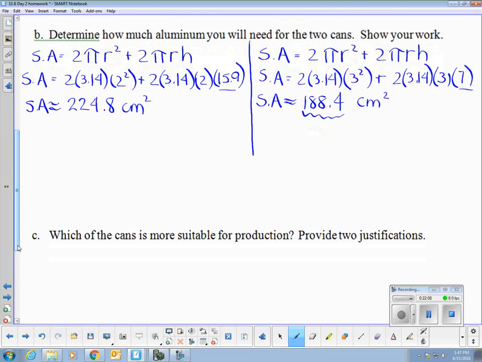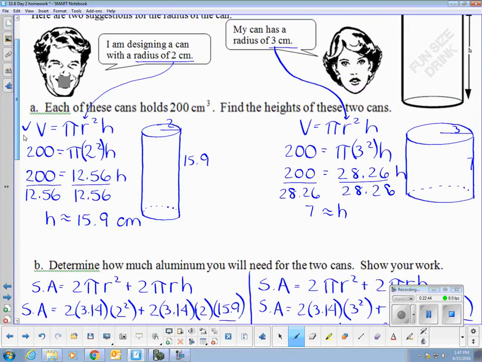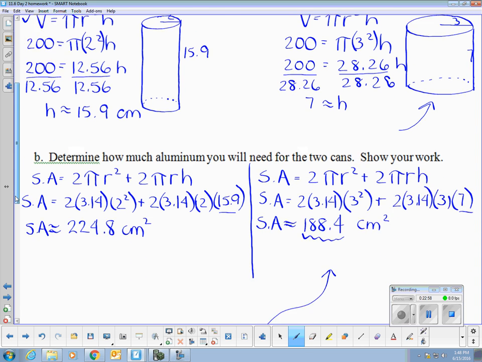So in my mind, the can that is more suitable for production would be her can. The first reason is for the reason that I just stated. Her can uses less aluminum, so it's going to be more cost effective. So the customer is getting the same amount of fluid, but it's going to be in a can that uses less aluminum. I would also say that if I were marketing a can that's a fun size, I would say that it would be much easier to package a container that looks like this. That's a little bit shorter, but has a little bit wider mouth. So there's lots of good reasons why we could come up with two justifications